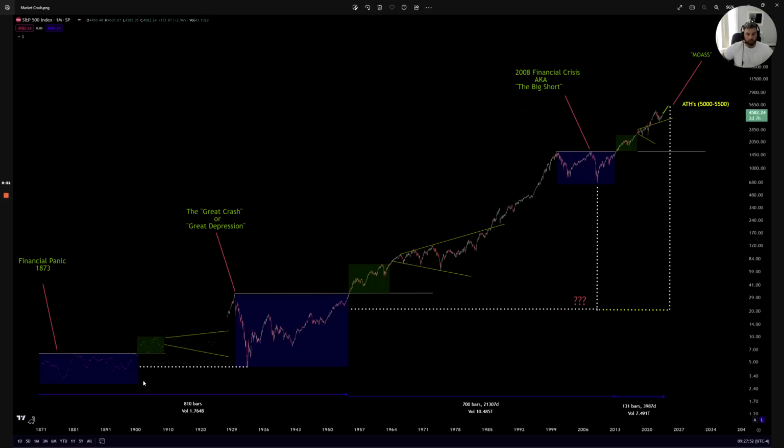Each blue box that you see is a correction period. So you have the initial correction period here, financial panic 1873, the Great Crash or Great Depression right here, this blue box, and then the 2008 financial crisis, aka the Big Short, right here. Each blue box is more or less a correction period. The green is the break above the correction, the break above the highs from the correction period. So you have the blue, the green is a wave that breaks you above, and then you get into a